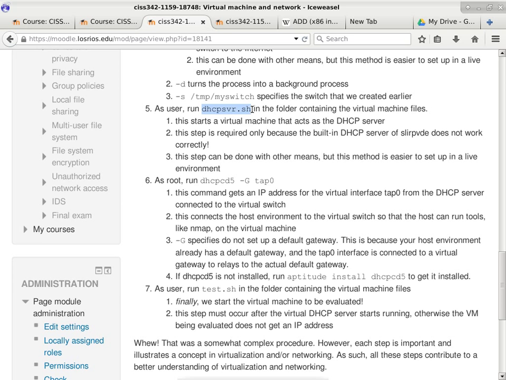You can look into the shell file itself, the batch file itself, to find out how things are specified. It's a mess, trust me, it is a mess, but I can go through some of the explanation. But eventually it will create a connection from the DHCP server to the virtual switch.